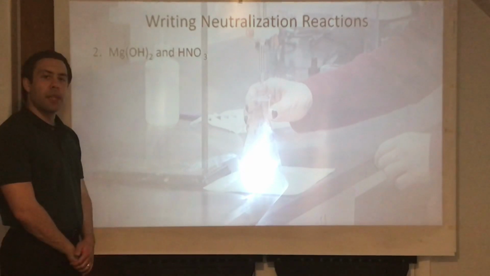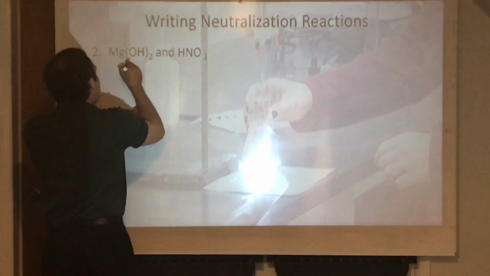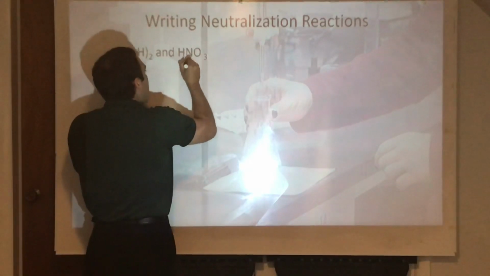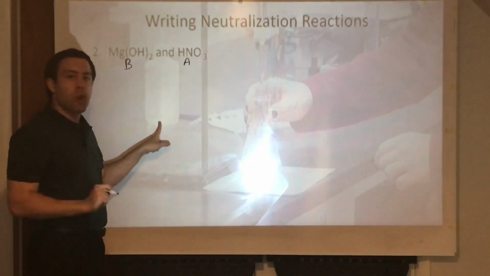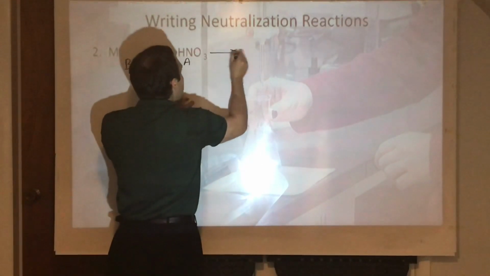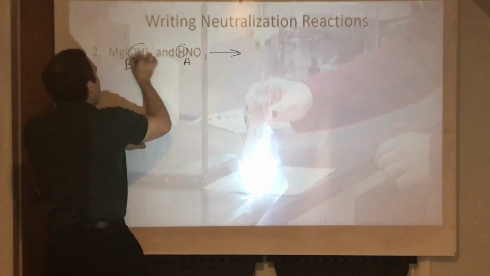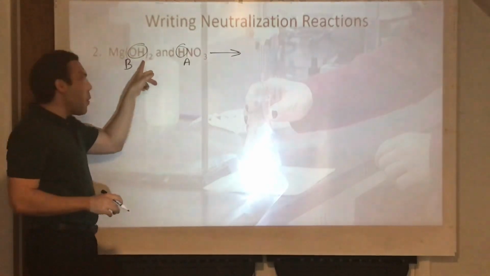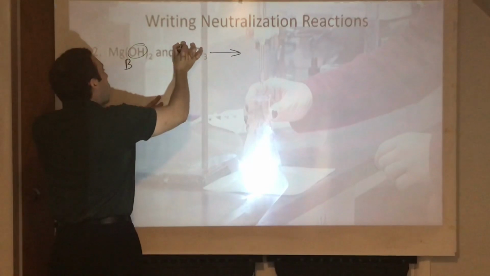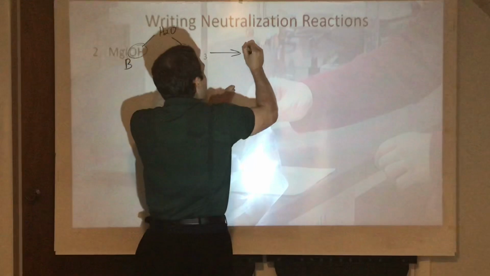This second problem is a little bit trickier. We have magnesium hydroxide, Mg(OH)2, which is our base, reacting with HNO3, nitric acid, which is of course our acid. When these two substances react, once again, it's a neutralization reaction, so we're going to get water, this H and this OH. Now there's two OHs, but we'll worry about that once we balance the equation at the end. So when this H and this OH come together, we make water. So H2O